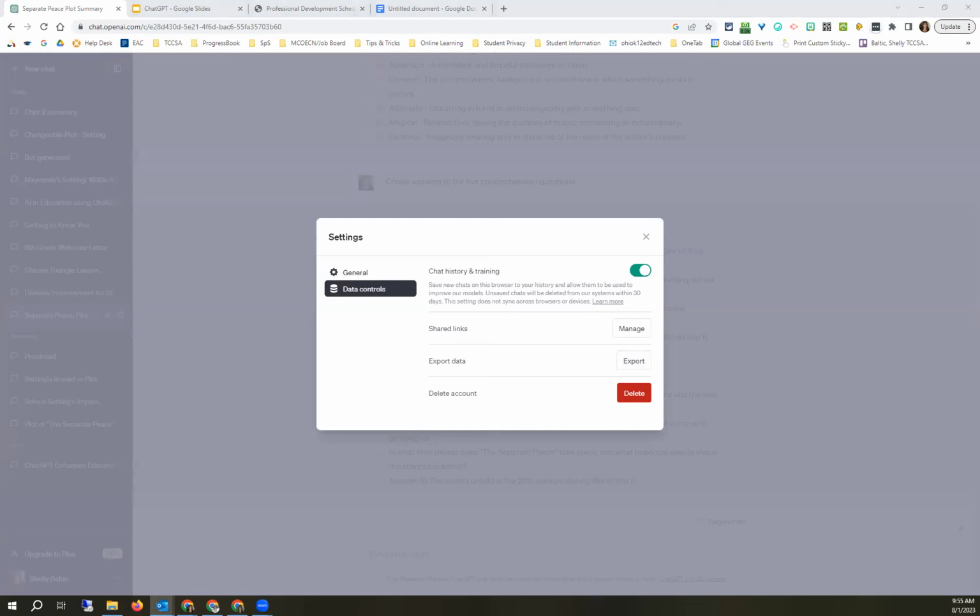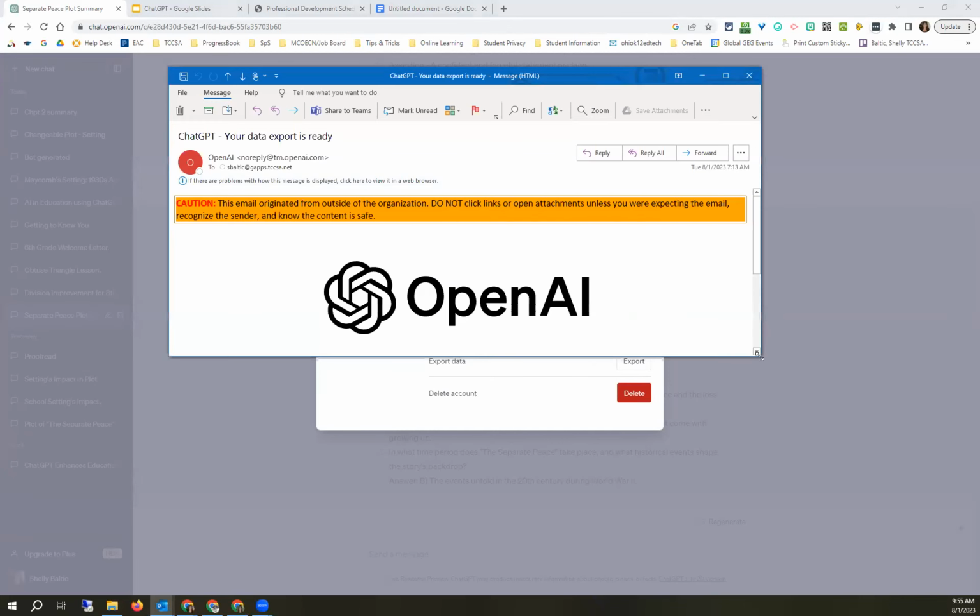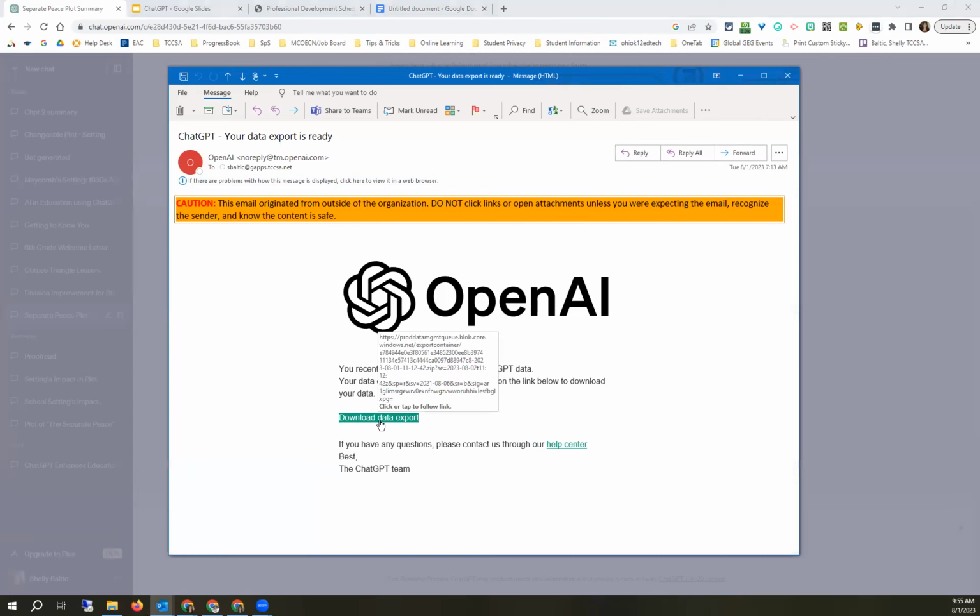So what it does, give me a second to bring that over. It creates a zip file with all of your chat list. So it's going to be in there so you can get back to it at any time. So I would have to download it. It would create a